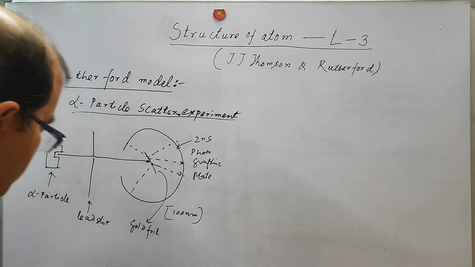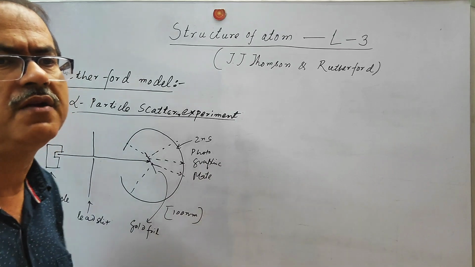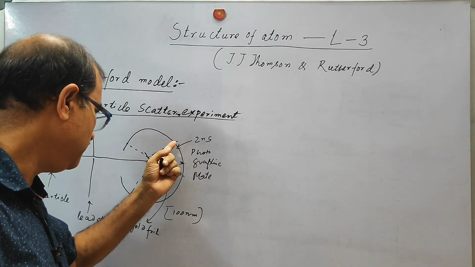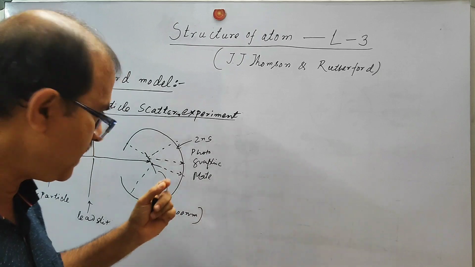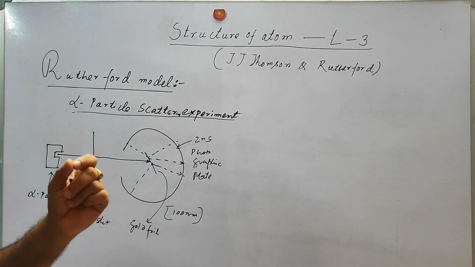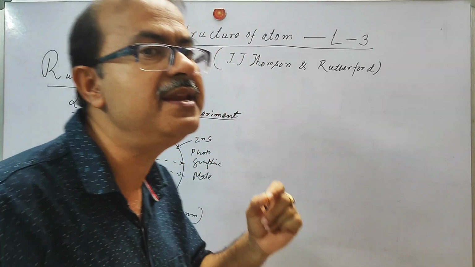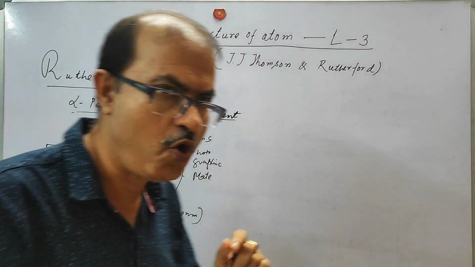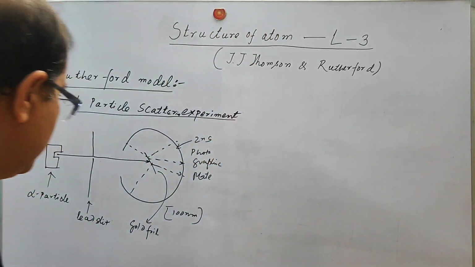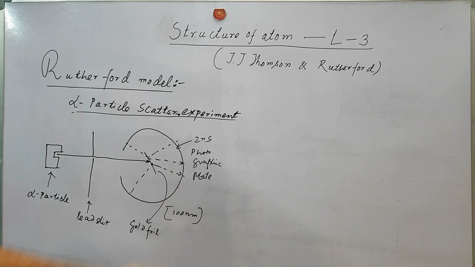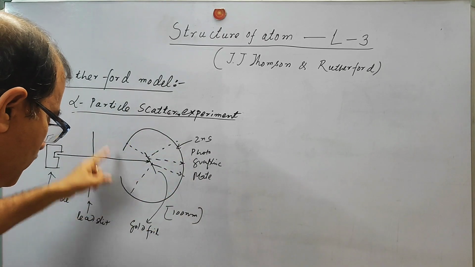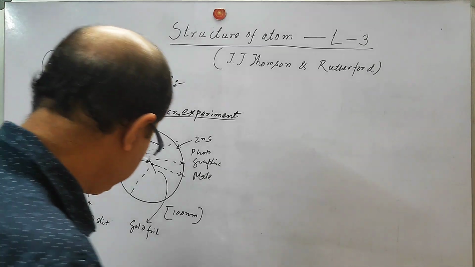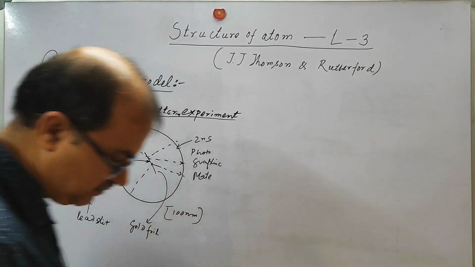Whenever there is any deflection of the alpha particle, it will strike this photographic plate, and it will create very minute, thin bright spots. So that is why this photographic plate is there. So in this experiment, what he observed,